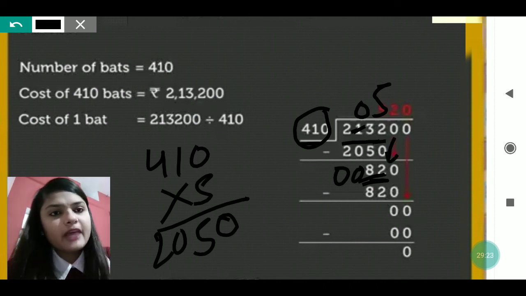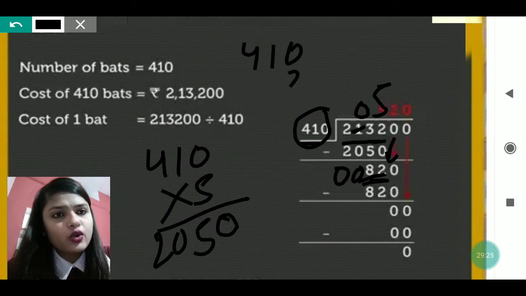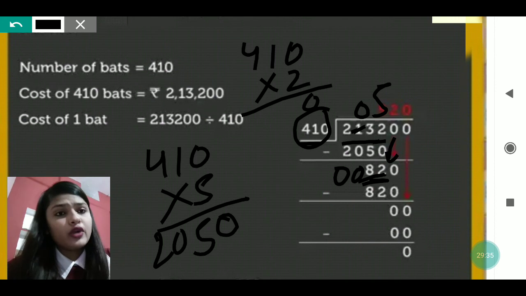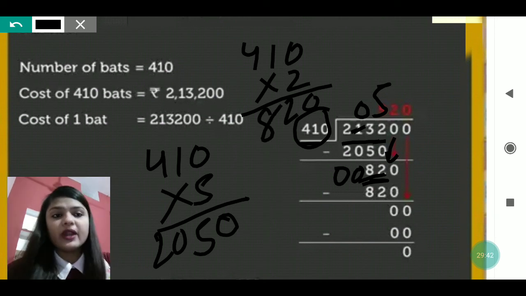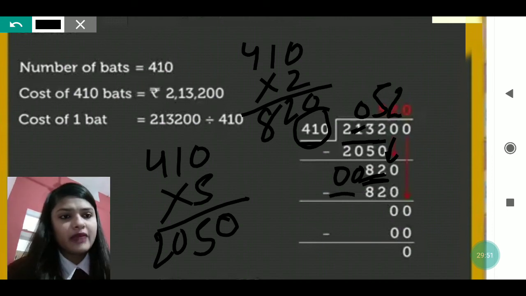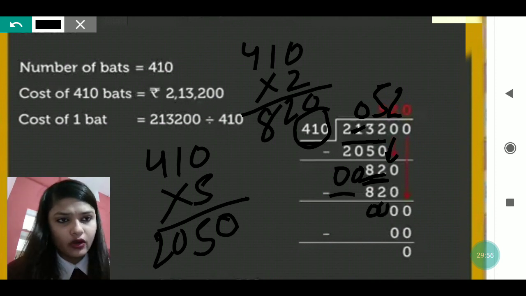So when you read the table of 410, 2 times, my dear. Now how many times? 2 times. Then 2 into 0 will be 0, because any number multiplied with 0 will be 0 only. 2 into 1 will be 2, because any number multiplied with 1 gives the number itself. 2 into 4 will be 8. So yes, 820 we are getting exactly. Just below 820 we will write 820. We will give the minus sign. 2 we will put in the quotient column and we will subtract. 0 minus 0 will be 0. 2 minus 2 will be 0, and 8 minus 8 will be 0 also.